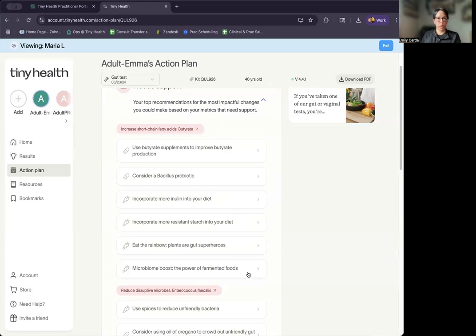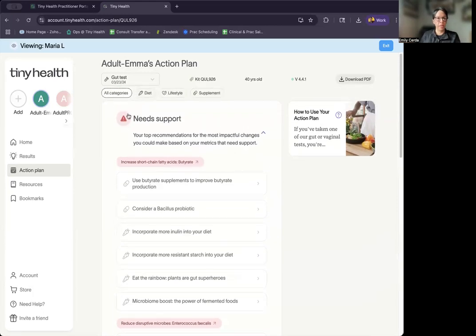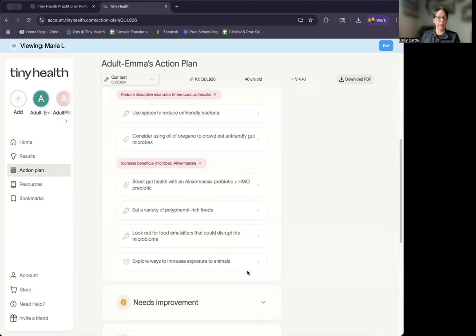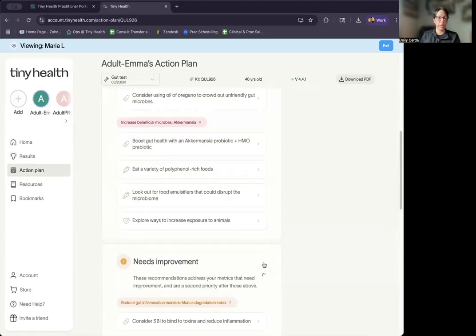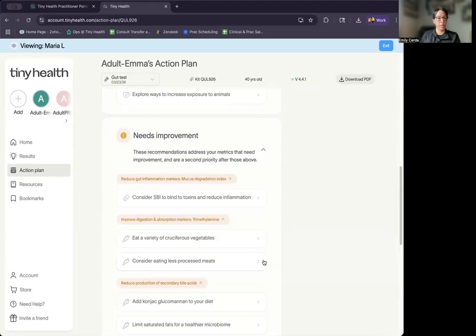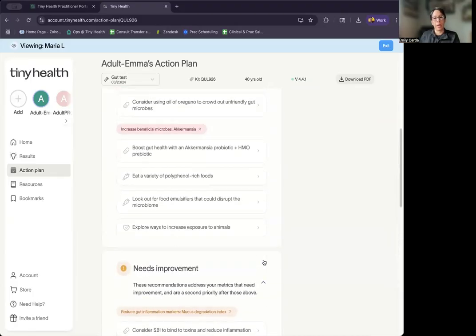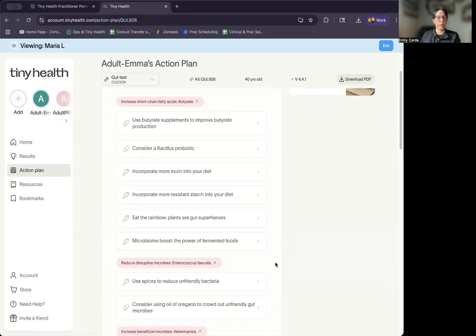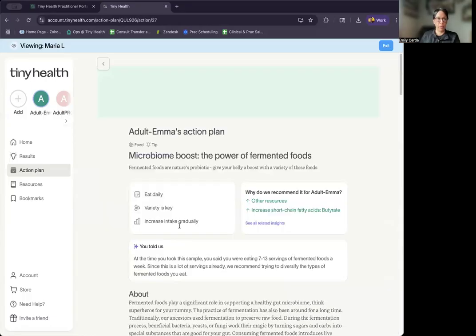To reduce overwhelm, like I said, sometimes you will have a lot of red marks in a report. As you scroll down, you'll see a lot of actions here, and then even more in the yellow needs improvement section. And patients can feel overwhelmed by that. So one thing that you can do is to click into any of these metrics. I will click into fermented foods, for example,